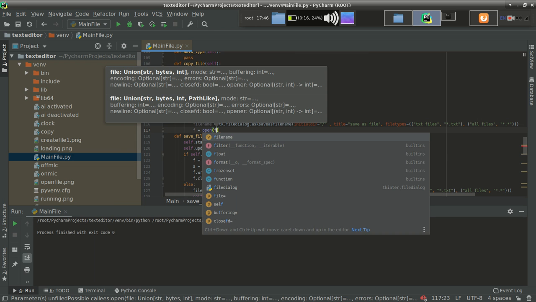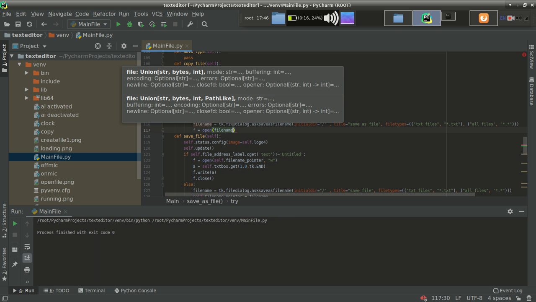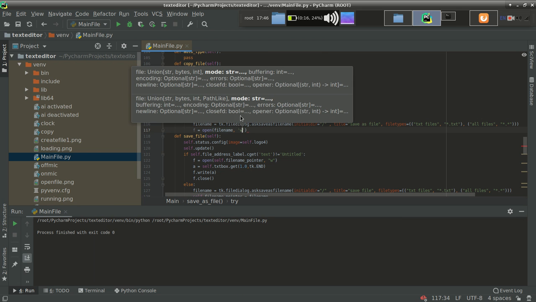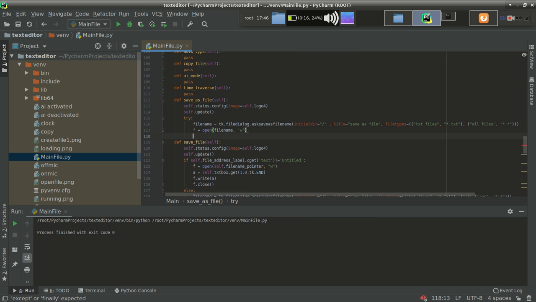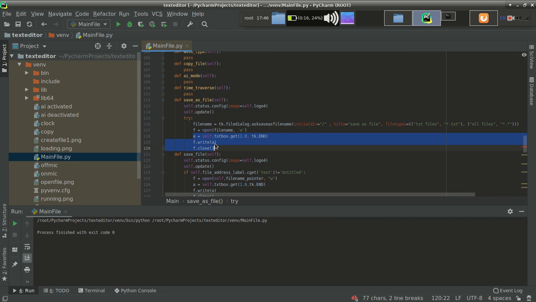The name should be the guessed file name, and the mode should be, because we are saving, again a small w. Let's fetch the content and save it. Content has been written, and we have closed the resources also. So we have saved the file.